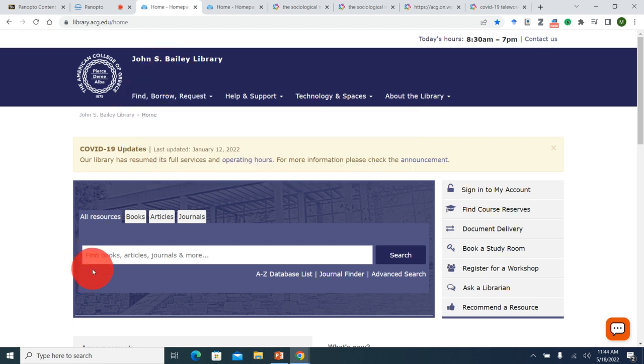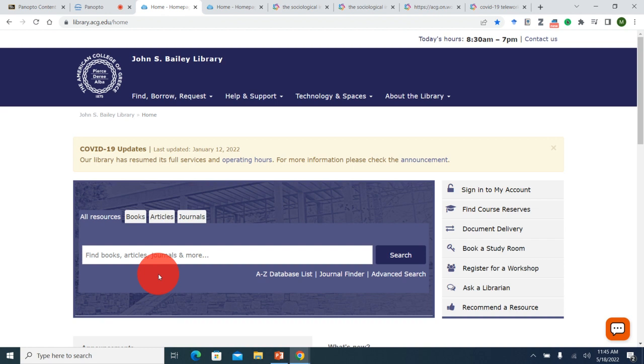First, we have our Discovery search box. Discovery is our online catalog that you can use to search across the library's online and physical collections. With Discovery, you can locate a range of resource types, including books and ebooks, journal articles, videos, and more. As most of our resources are available online, you can locate and access them anywhere, anytime, using your ACG network credentials. There are two main ways to use Discovery as a student.